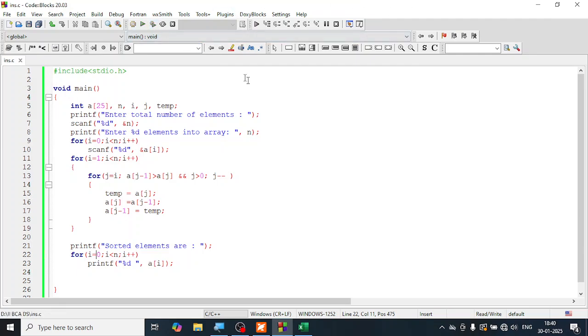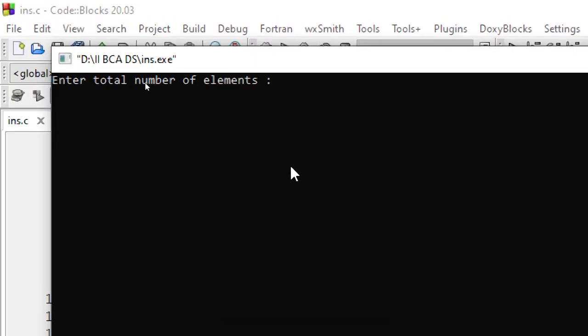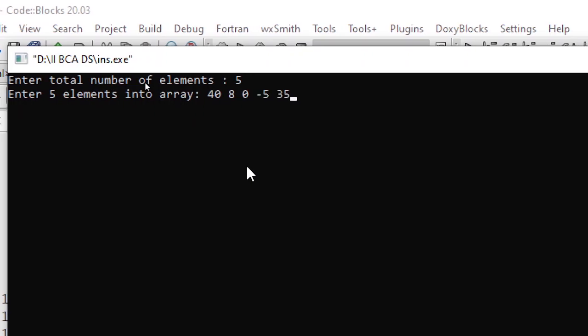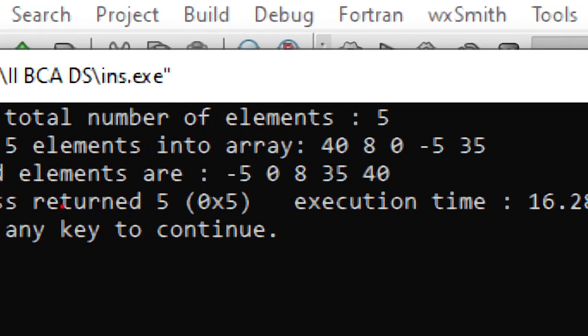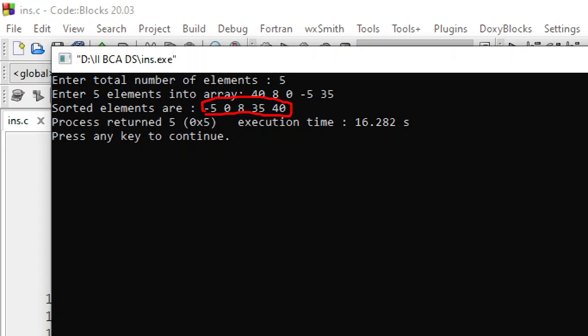Okay, so let me try it one more time and let me zoom in for you if it is not visible. So let's say 5. You start with 40 and maybe 8, 0, minus 5, and 25. I'm just putting some values over here. Just press enter and just notice what you have here is minus 5, then 0, 8, 25, and 40. So these are in ascending order. That's it